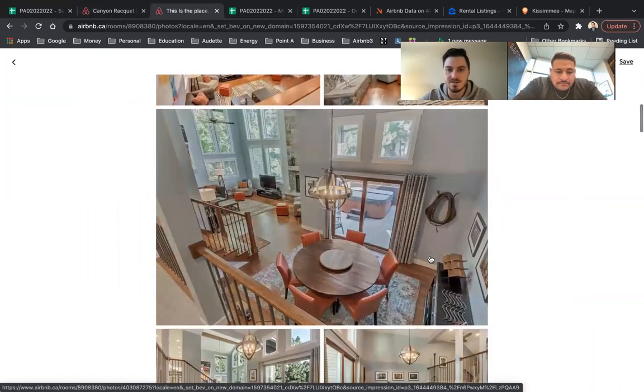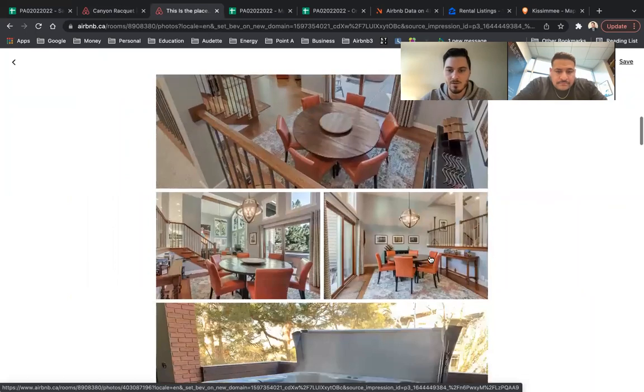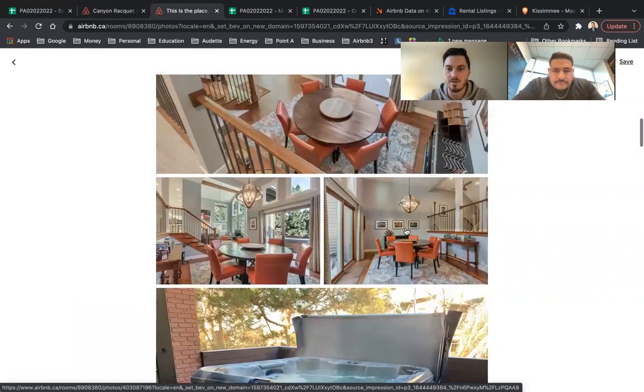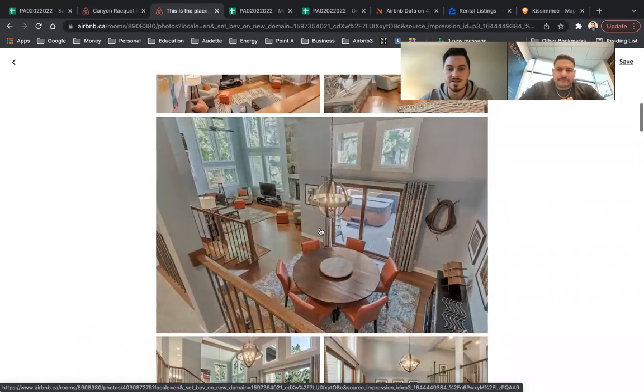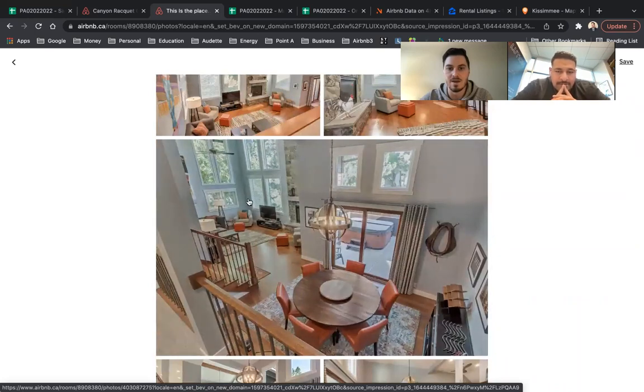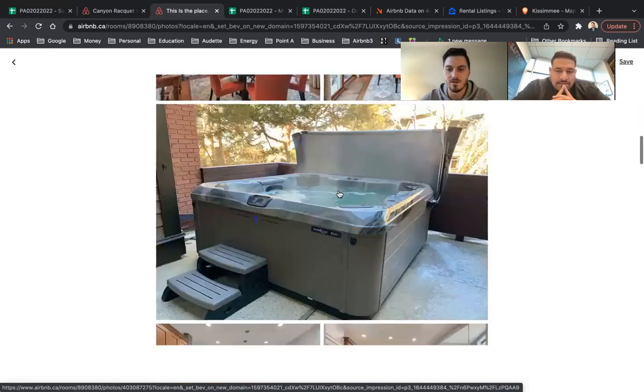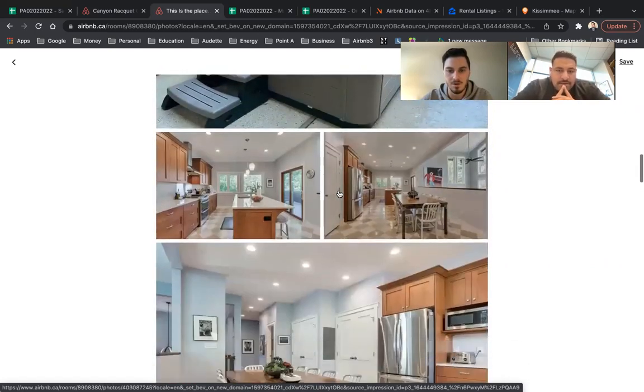But just because this is so interesting, I kind of want to go through it first. Yeah. See, this has its own area for the dining room. It's got six tables. You can see over here, that's a big area with nice, big, high ceilings. So they're definitely different types of homes. Definitely. Right. Hot tub, beautiful kitchen,